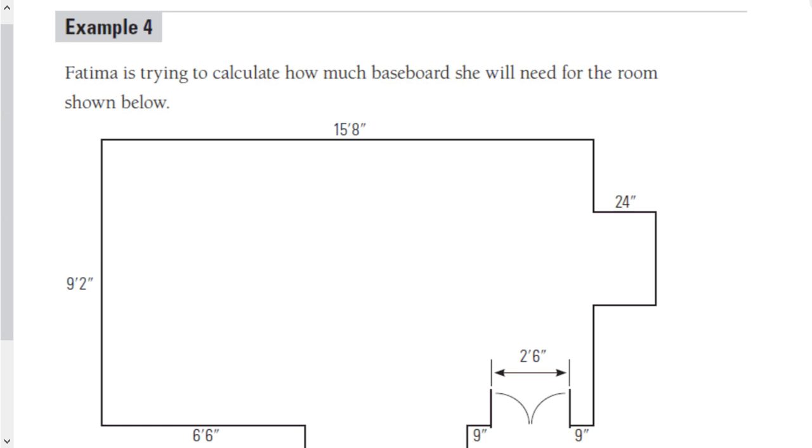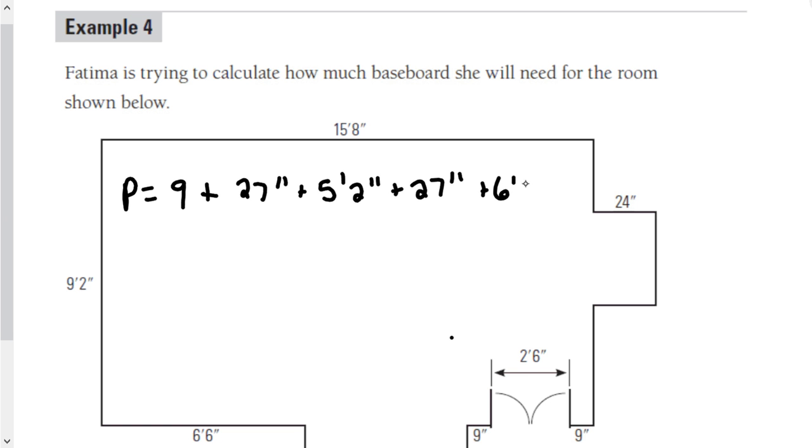Fatima is trying to calculate how much baseboard she'll need for the room. What is the minimum amount of baseboard that she'll need? So we need to find the perimeter of the room first. So perimeter is going to equal 9 feet plus 27 plus 5 foot 2 inches plus 27 inches plus 6